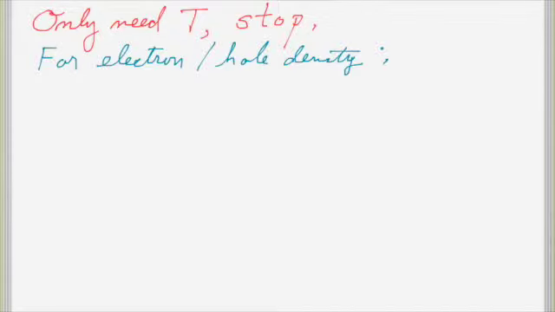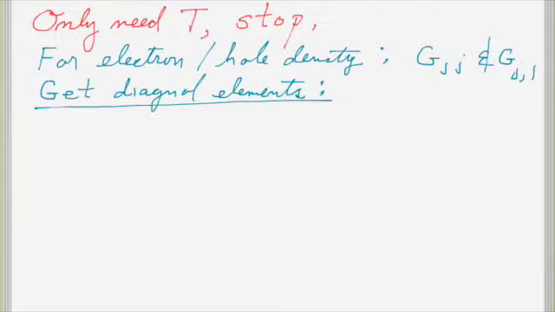For electron and hole density, we need the exact diagonal element of the green function in the device, and we needed the first block column. So we need all the diagonal elements in the first block column to get the electron or hole density. So let's get the diagonal elements. Okay, and to do this,